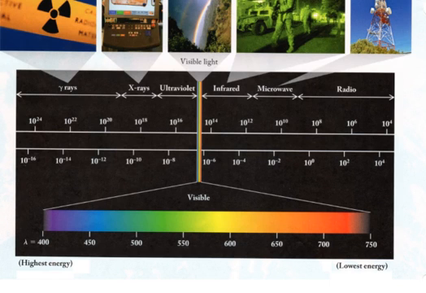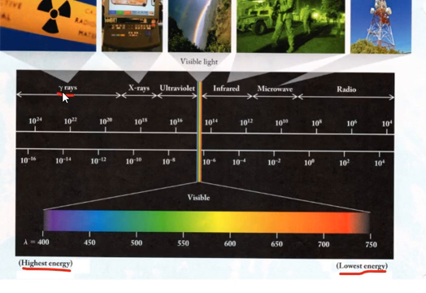So for the two terms, first we're going to do electromagnetic radiation, which is any form of radiant energy in the electromagnetic spectrum. And the electromagnetic spectrum is a continuous range of this radiant energy, and it's divided into 7 sections. So starting from our highest level of energy and going to the lowest level of energy, we have